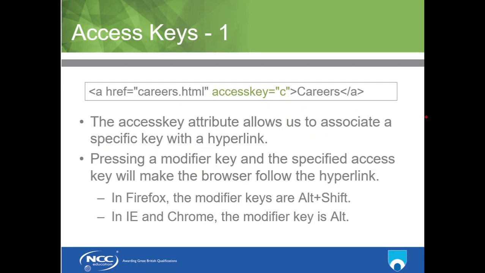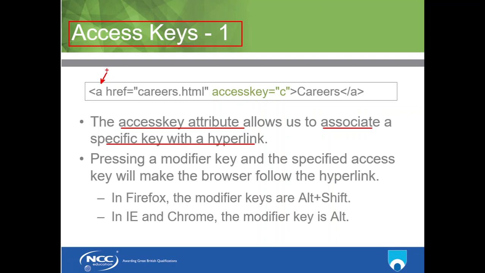The other important concept here is the concept of access keys. Access keys are simply keyboard shortcuts that you can use to access or click on particular links. The accesskey attribute is used to associate a specific key with a hyperlink. So inside the anchor element, you use the accesskey attribute and give it some value. Normally, for this particular hyperlink to be clicked, you have to press this access key together with a